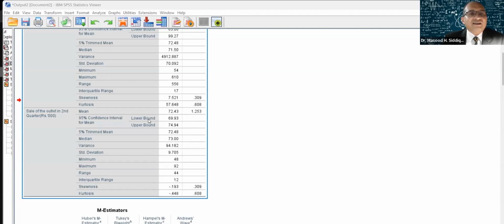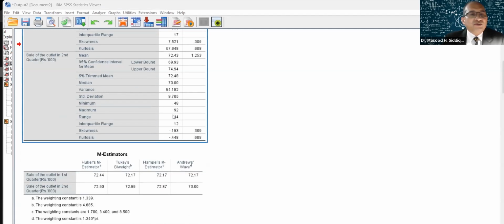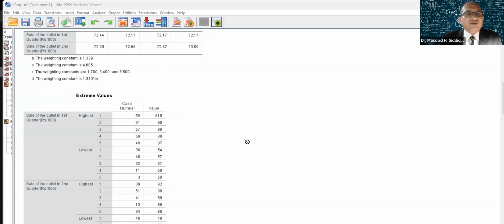In the second quarter, the mean is 72.43, and all the M-estimator values, all the robust estimator values, are also in the same range, right? So there is not much of a difference. So we can say outliers might not be there in the second quarter. Okay. Now, here